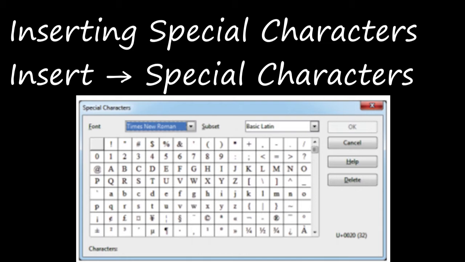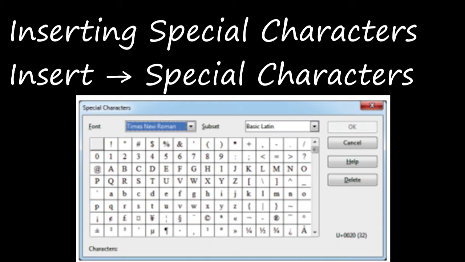From there you can just select which character you need, right? If you don't find the particular special character you want, you can try to change the font selection, and it will give you the particular character which you are expecting, and then at last you can click OK, so that that special character will be inserted in your document, right?